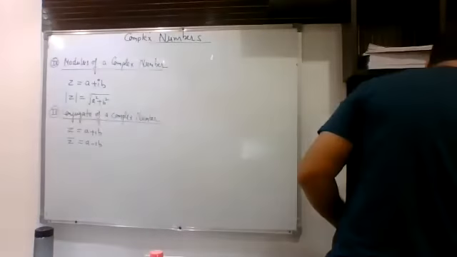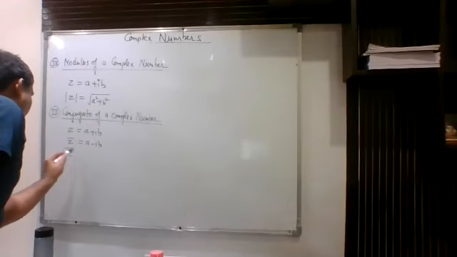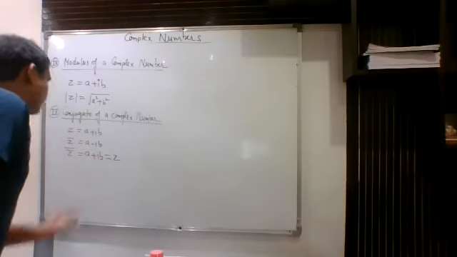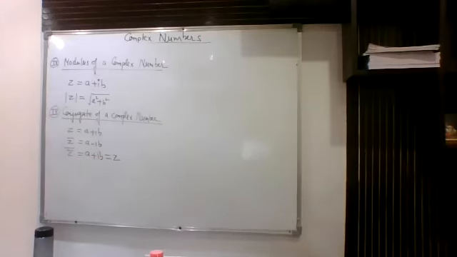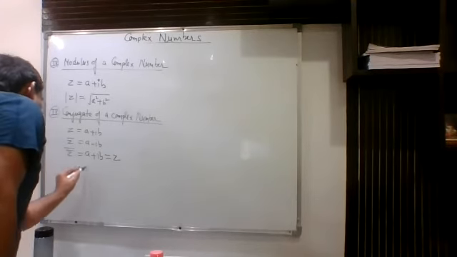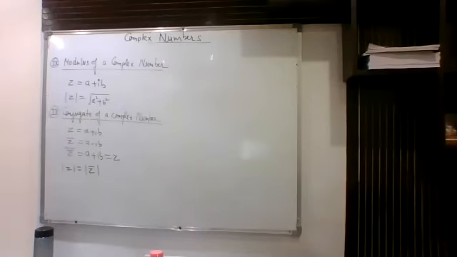Now here it is obvious that if you take double conjugate of anything, then you will get back to the same number. It is quite obvious. So if I take 2 times conjugate of this number, then your answer will be same. And one more thing, that modulus of a number and modulus of its conjugate will also be the same. Modulus of a number and its conjugate is always same.